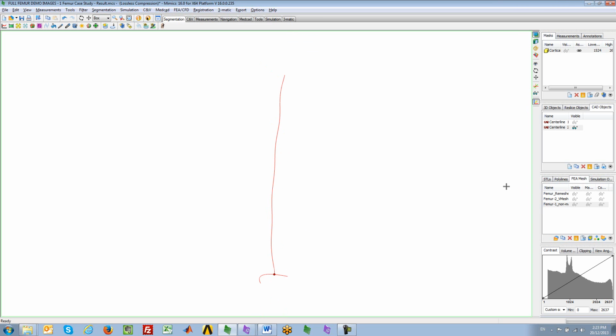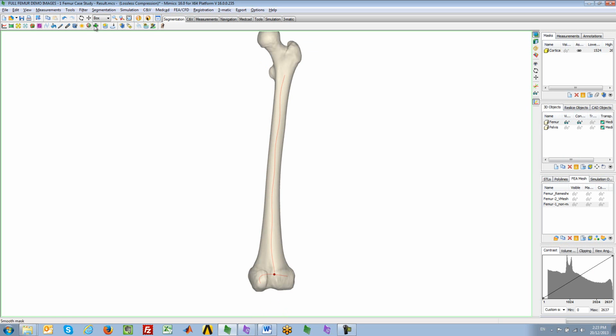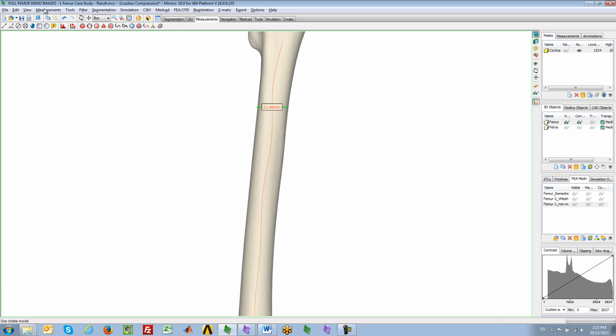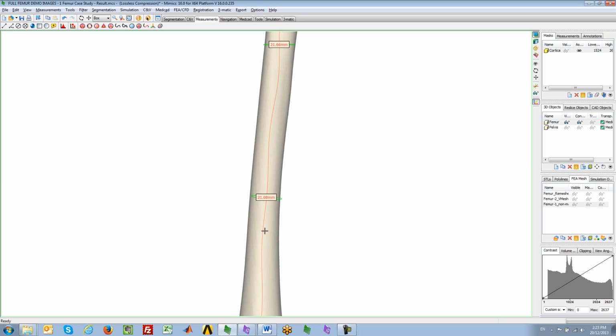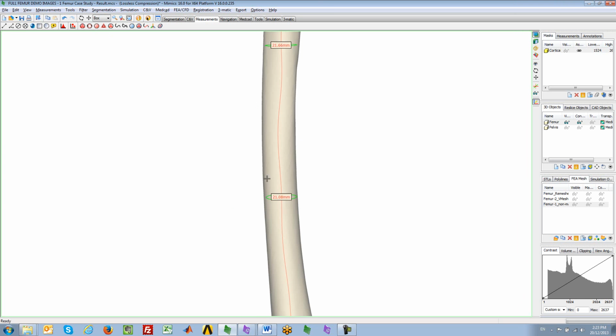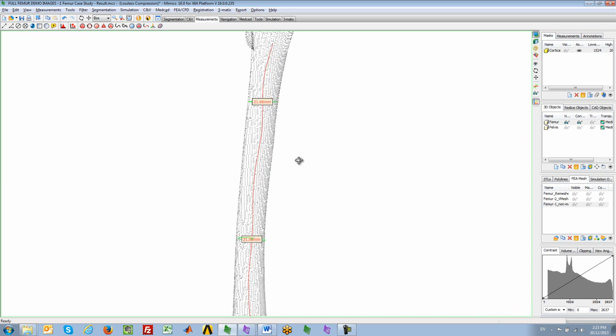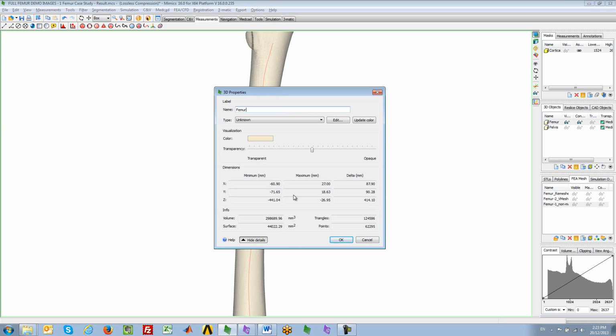Now I have just the shaft portion of the femur. Now with the center line, you're able to make various measurements, such as the best fit diameter at various points of the femur. However, what I have to do is keep making measurements on different portions of the center line. Naturally, that's going to be tedious, but what we can do is, to find out the narrowest point, is actually